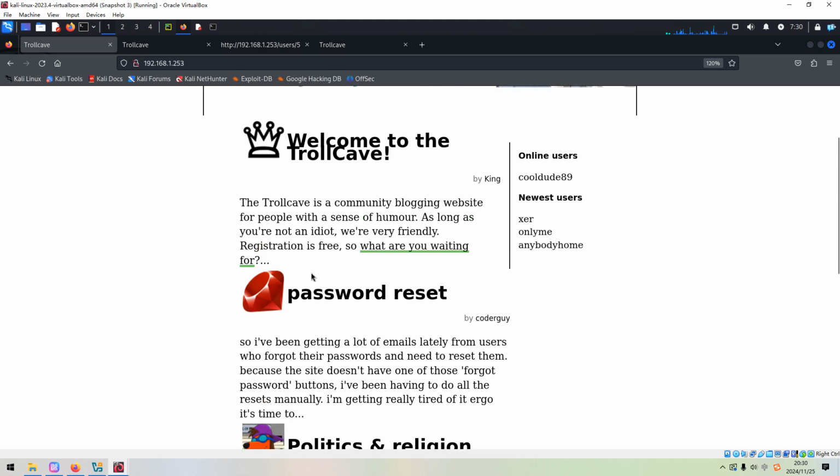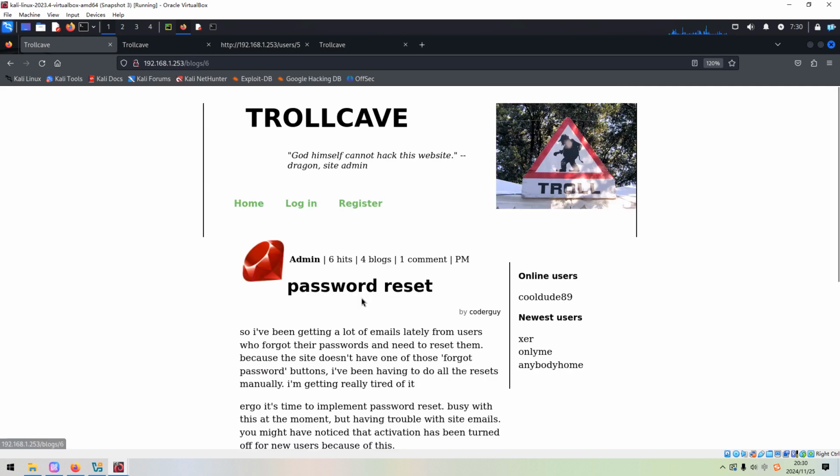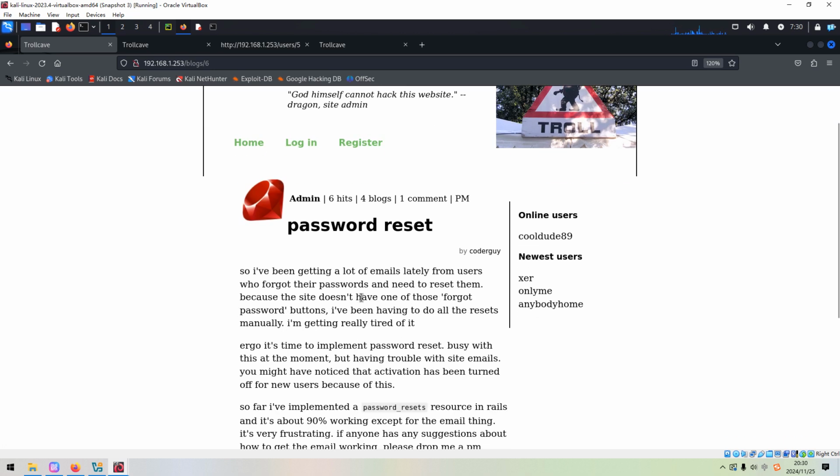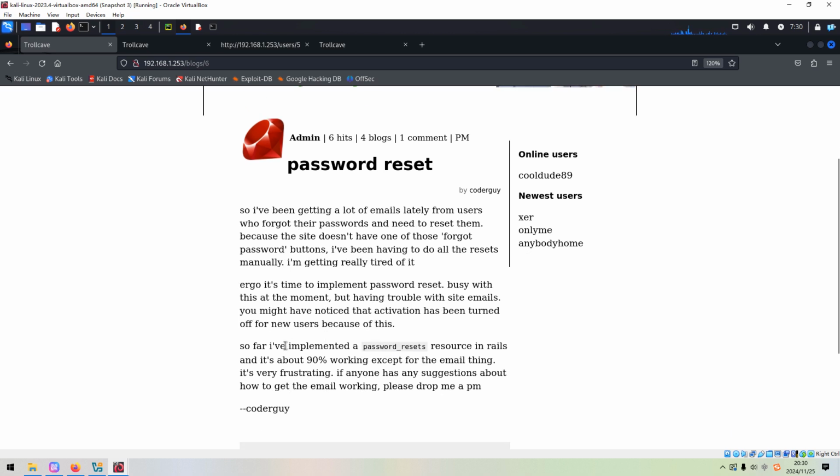There are some links, like password reset. So here, we can reset our password, with the forgot password buttons. So far, I've implemented the password reset resource. So I think we can use this one or this directory.